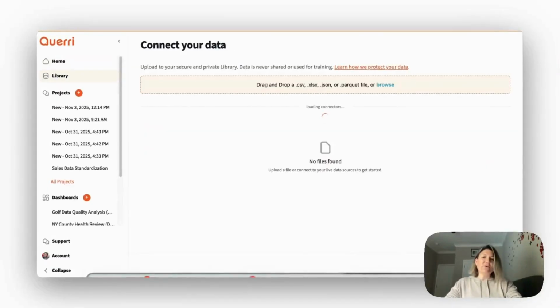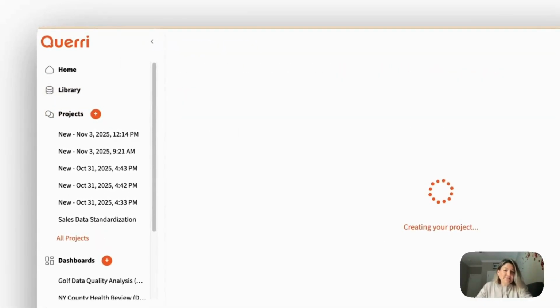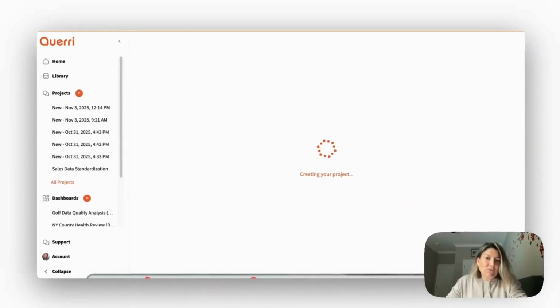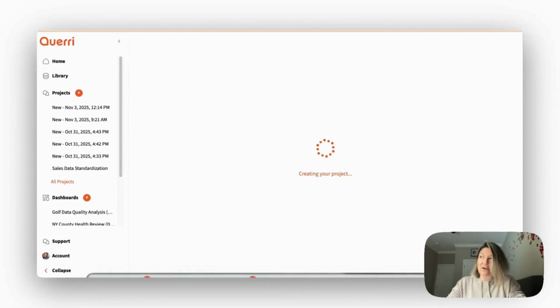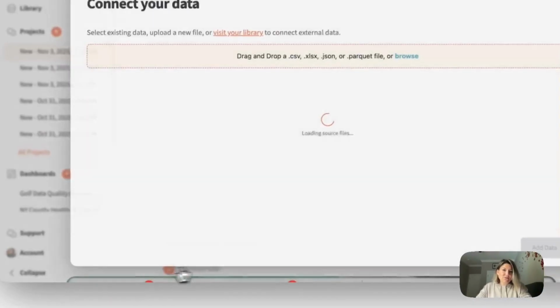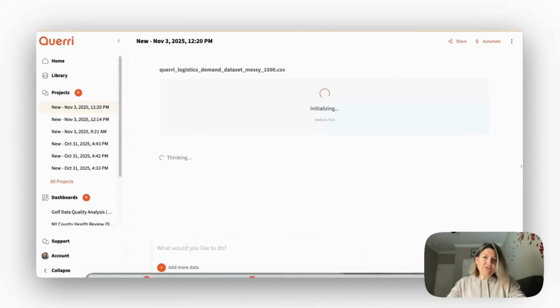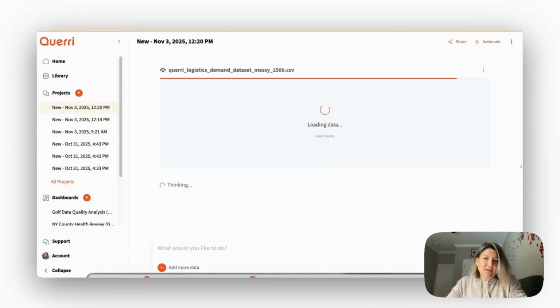And while it's loading, Querri is actually starting to already take a look at it. And when you do a project, it will have already checked out what's going on there and give you some insights right off the bat. And I'm going to show you. Start a new project, you pick your file, add your data. So Querri starts loading your data set, and